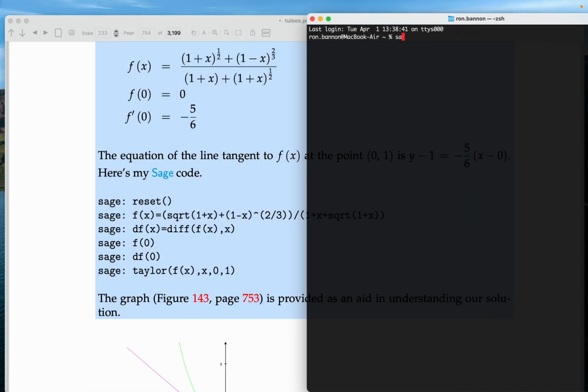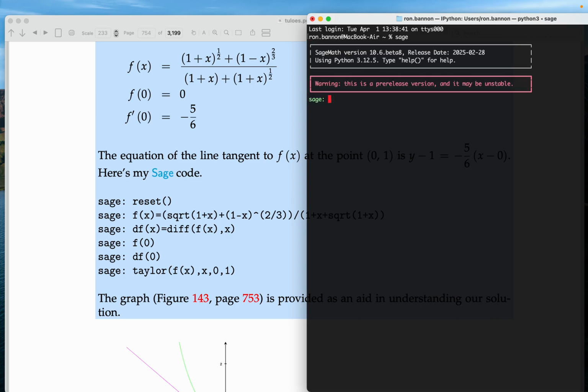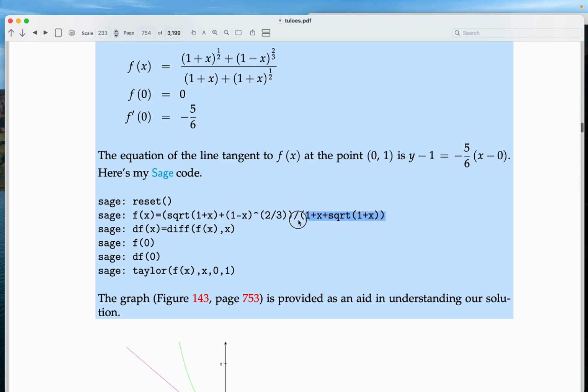I'm going to launch Sage now. Just type the command in Sage. It's installed on my machine. I'm using a pre-release version. That really doesn't much matter, but it gets updated periodically. I'm going to reset. Again, I want to check to see if it's reasonable. And let me just copy paste,